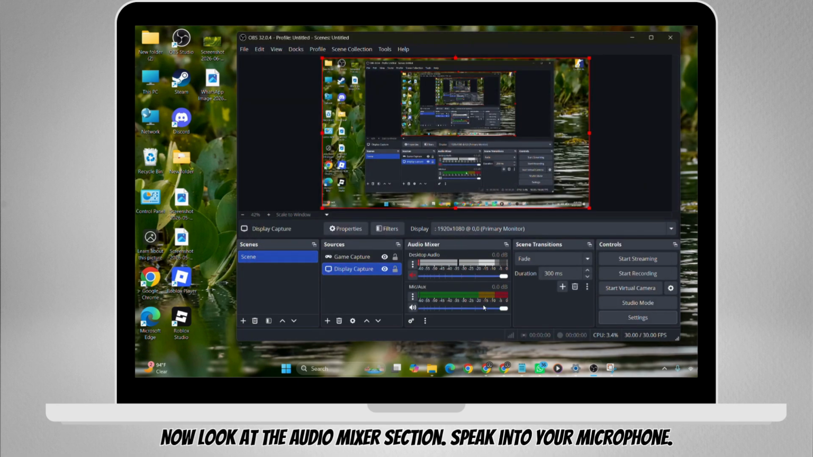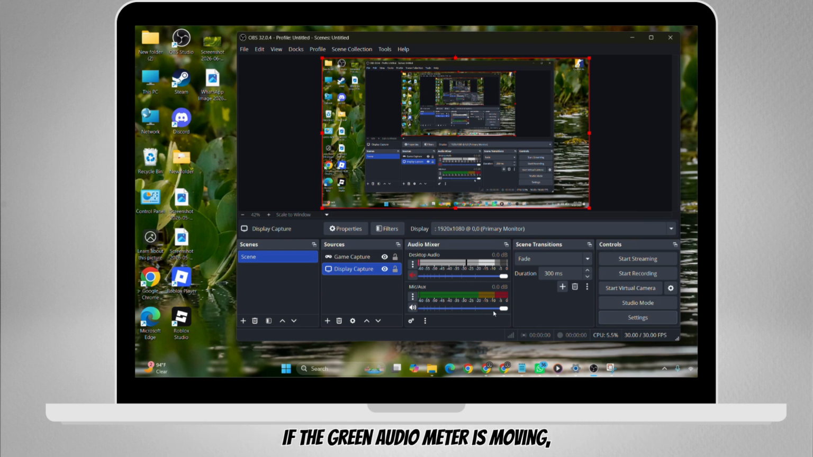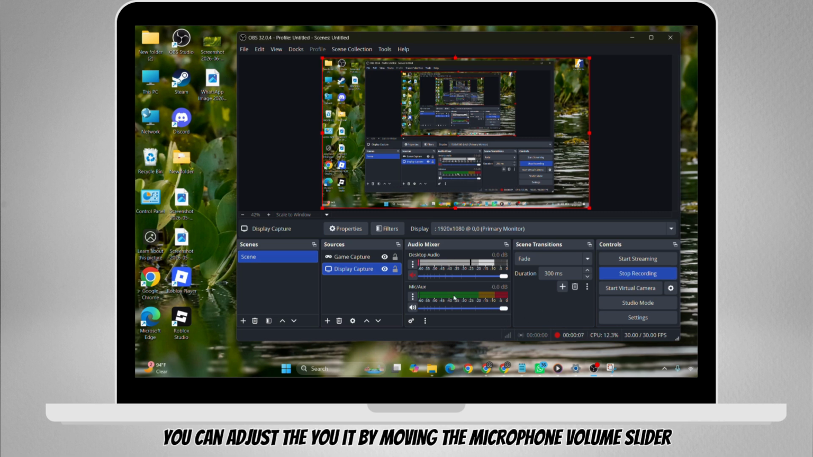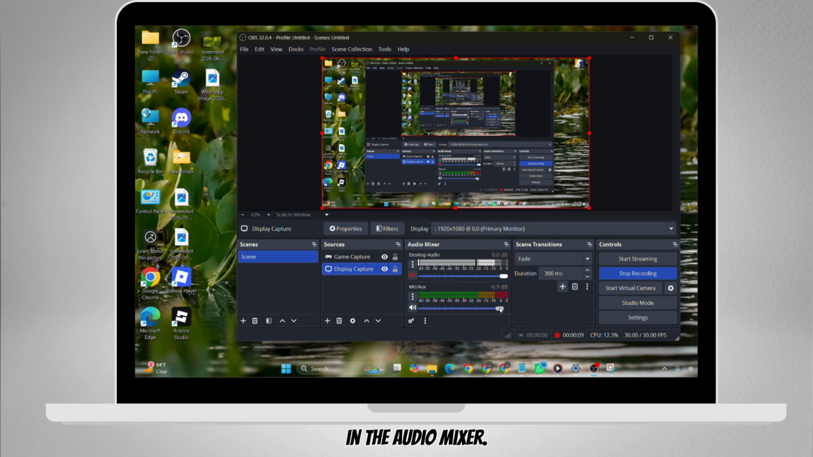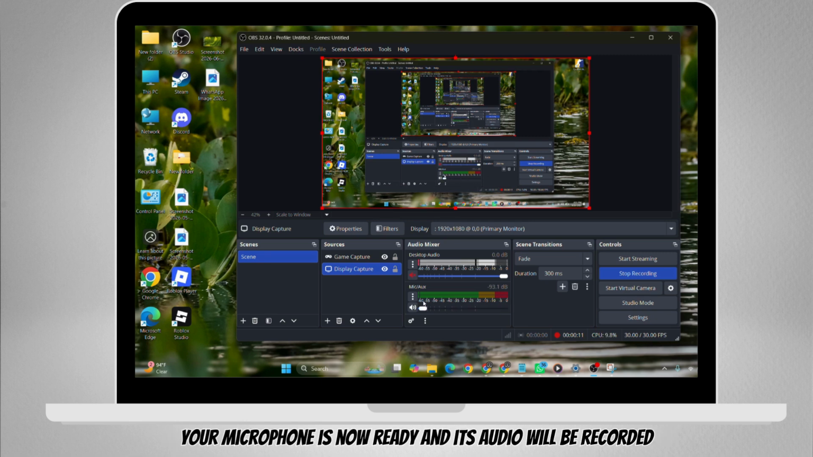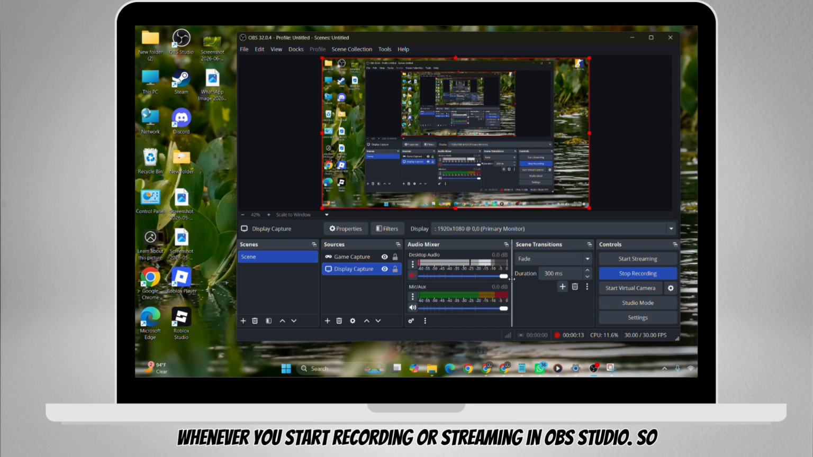Now look at the audio mixer section. Speak into your microphone. If the green audio meter is moving, your microphone has been set up successfully. If the volume is too low or too high, you can adjust it by moving the microphone volume slider in the audio mixer. Your microphone is now ready and its audio will be recorded whenever you start recording or streaming